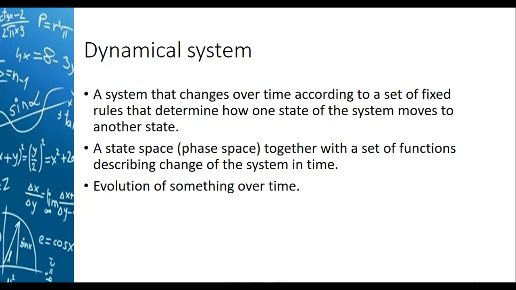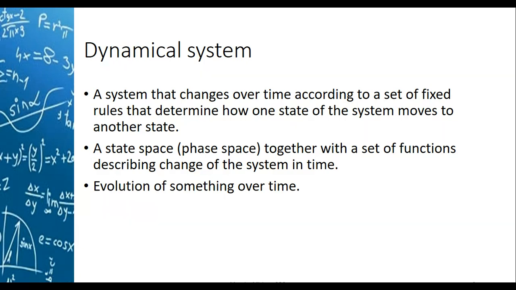But you need to have a set of fixed rules, meaning how you can actually determine one state of a system. You look at the difference between one state of a system right now and the next state. All right, so just bear in mind, when you have a dynamic system, you have